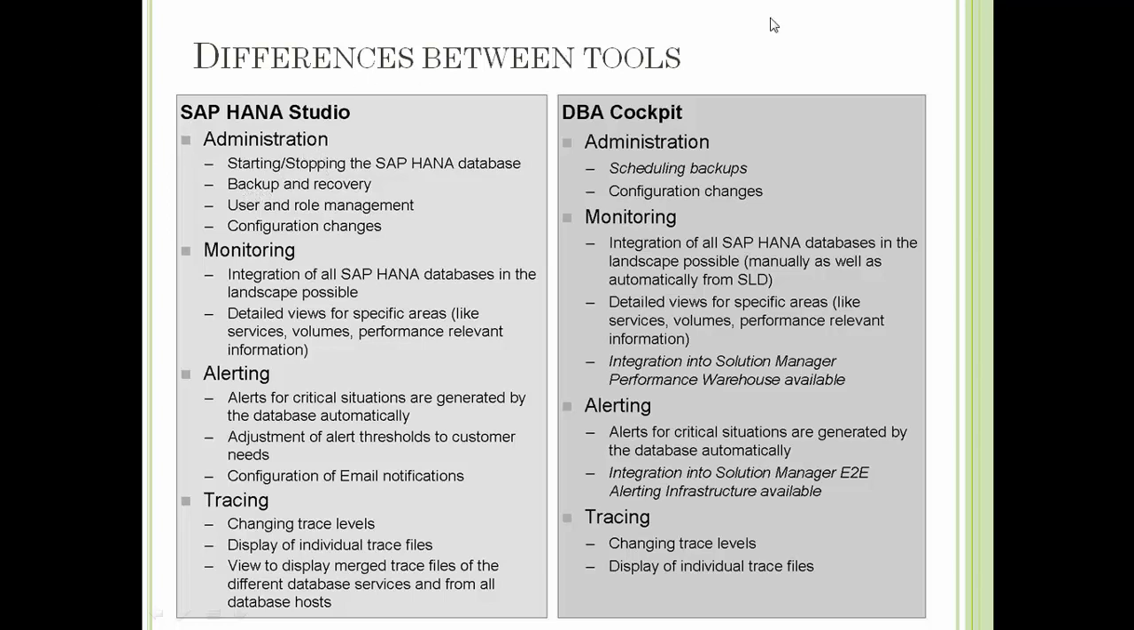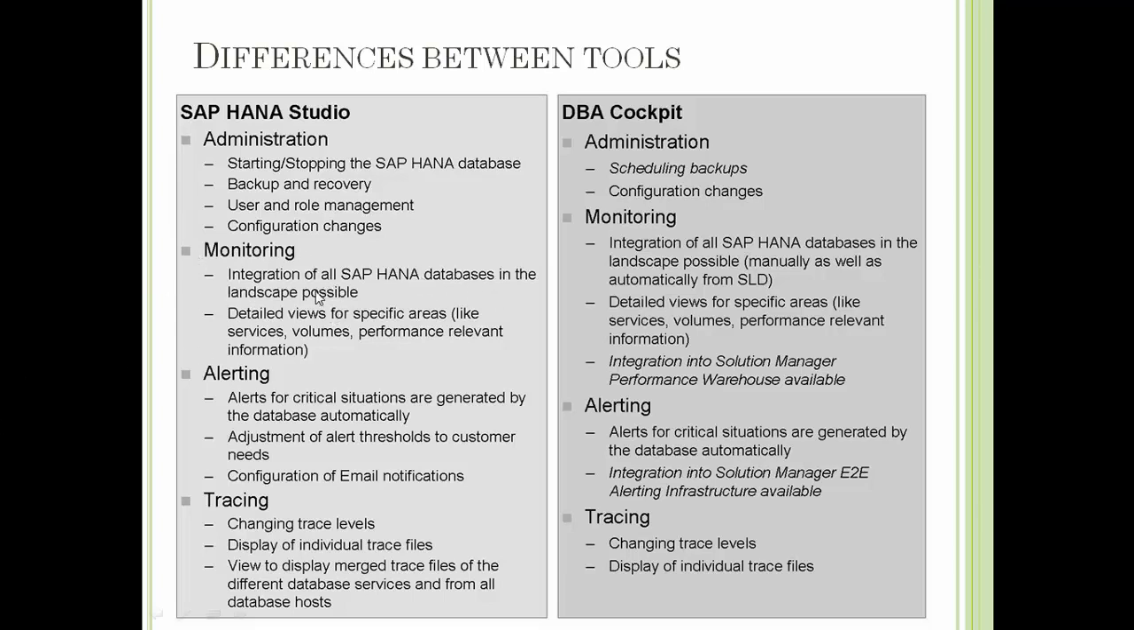From administration point of view, in HANA Studio you can start and stop the HANA database, do backup and recovery, user and role management, and configure changes. Whereas in DBA Cockpit, you can only schedule backups and do the configuration changes in the INI files. But you cannot start and stop the HANA database and you cannot do the recovery. But backup is possible in DBA Cockpit. As I said, using the DBA planning calendar, you can create a job to trigger the backup, but recovery is not possible. Now, moving on to monitoring,